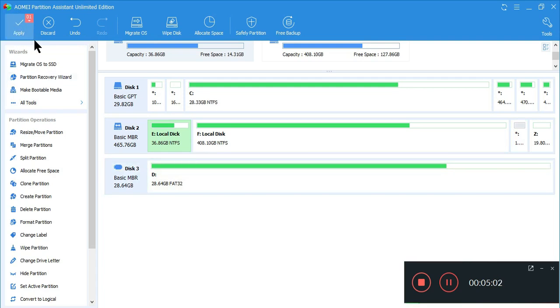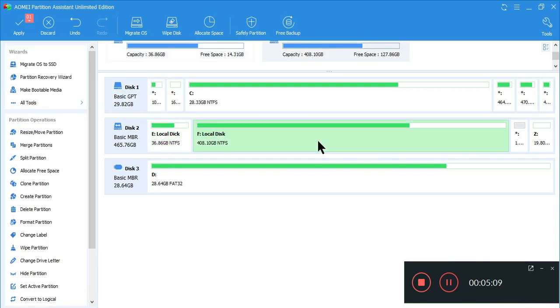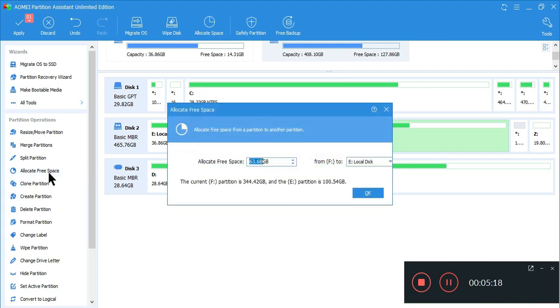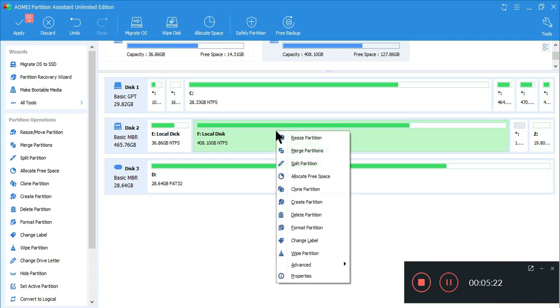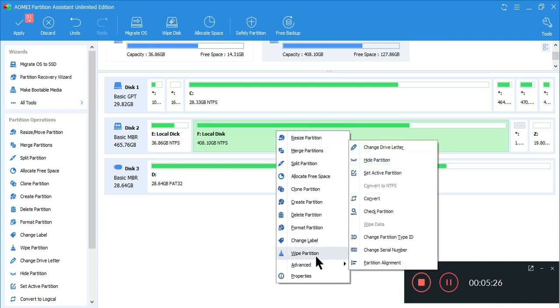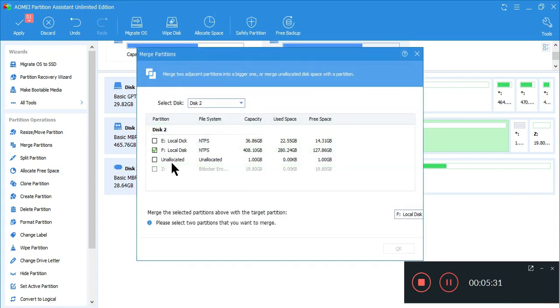Then you need to apply. It's not done yet because I'm going to allocate more space to this. I'm going to merge this 1 GB with this F drive. I need to right click on this and click on merge partition, F and unallocated.